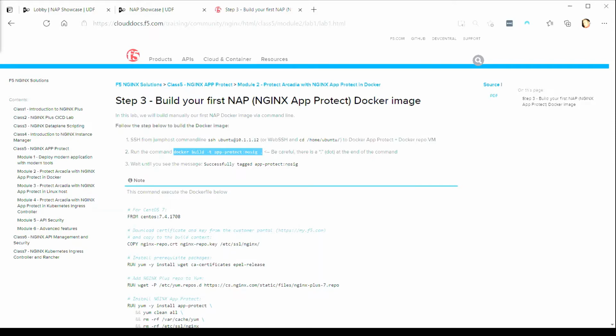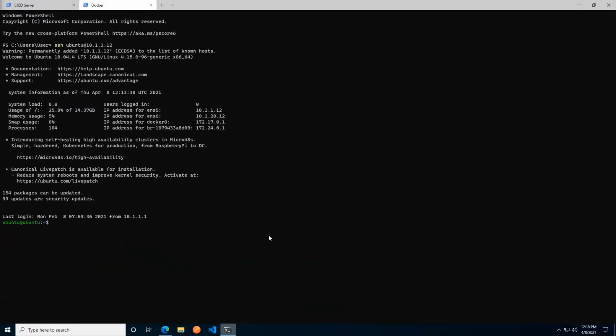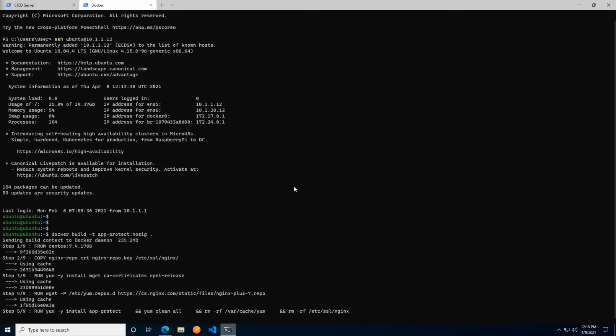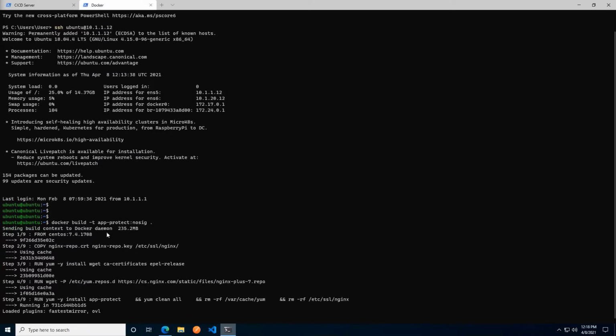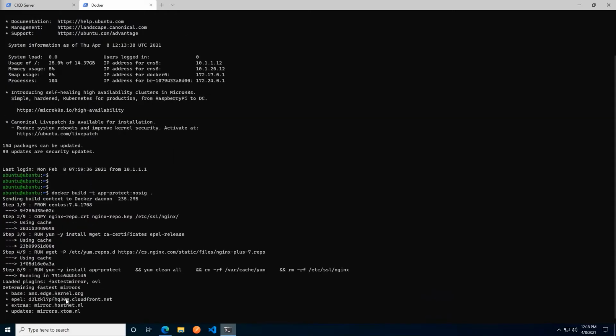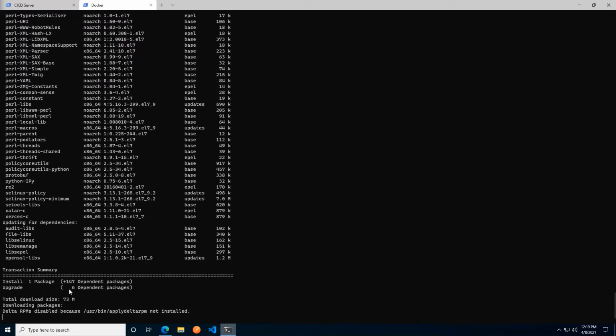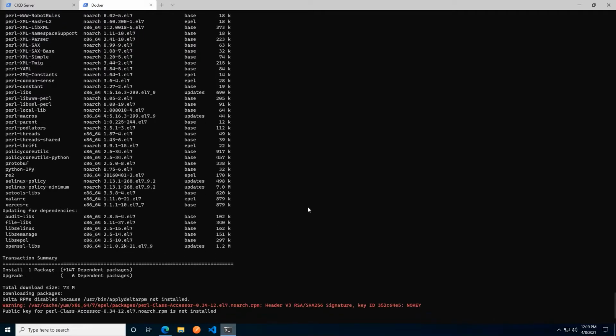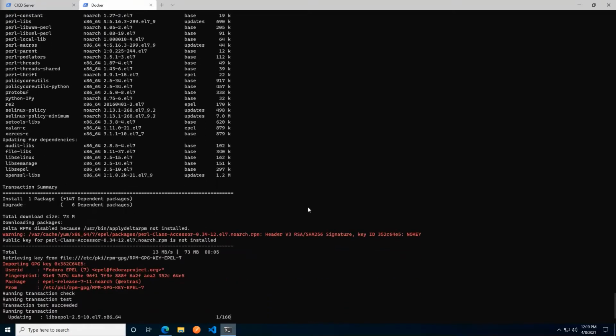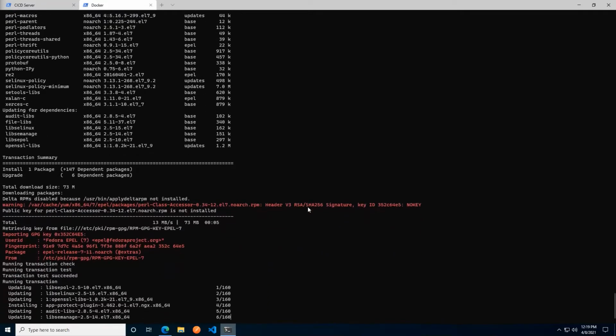I'm going to copy that command, and I'm going to step back over to my RDP session in my terminal, making sure that I'm in the Docker virtual machine. And I'm simply going to paste my command here. This will take a couple of minutes. What it's doing right now is it's going through the Dockerfile that we were just observing, and first it pulled the CentOS image, then it copied the commands, it ran and whatnot. So it's going just step by step through the Dockerfile that we were just looking at. It'll typically take about 2 to 3 minutes to run through this. It's relatively fast.